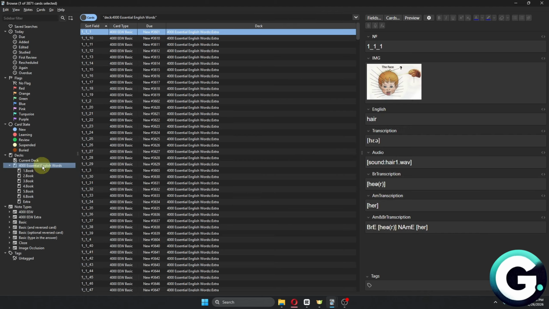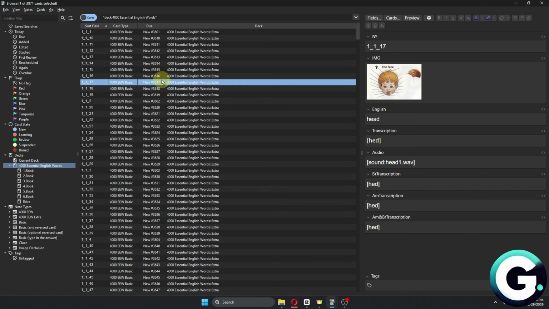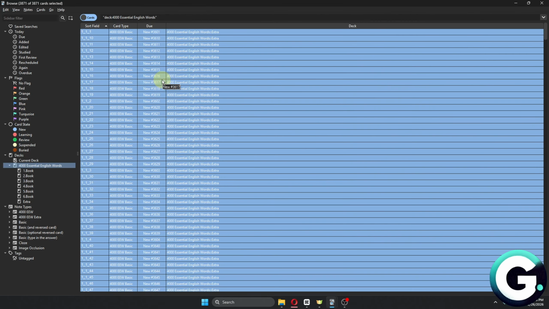The first thing that you want to do inside this page is to click on any one of the cards right here, and then we're going to select them all by pressing Ctrl A on your keyboard. So press Ctrl and A simultaneously. This will then select all of the cards inside this specific deck, and then let's click on the cards option,